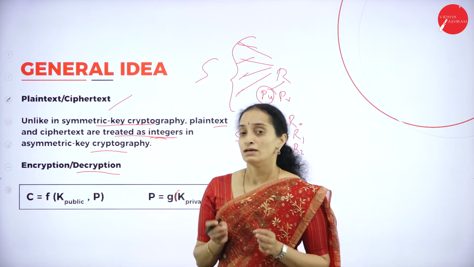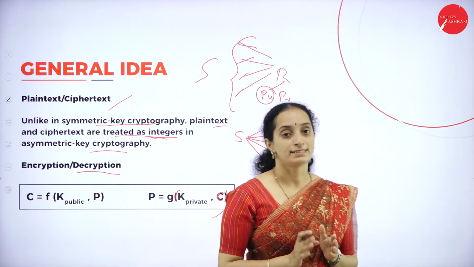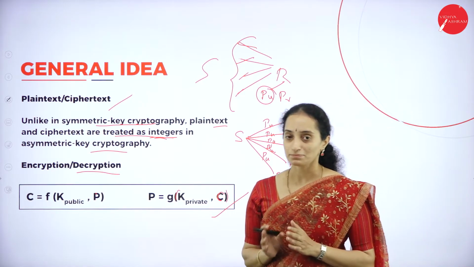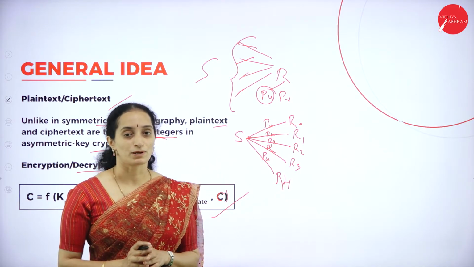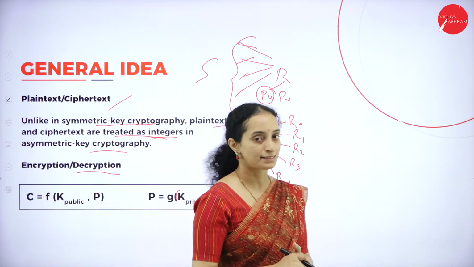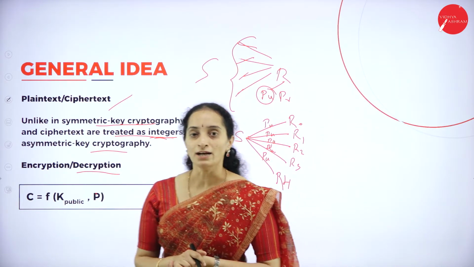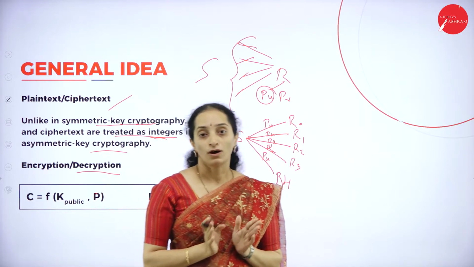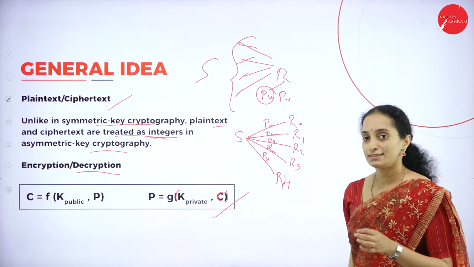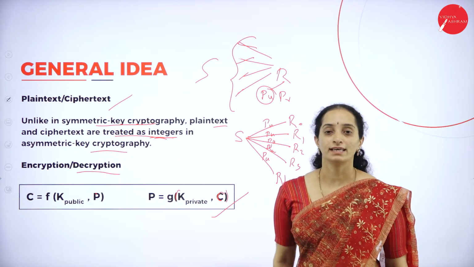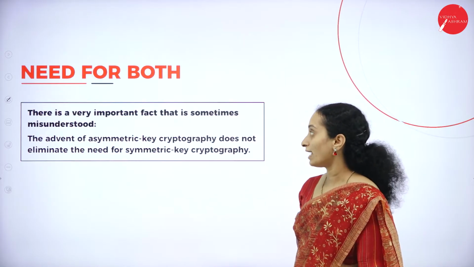So broadcasting will be a little bit difficult, or time consuming, in asymmetric key cryptography, whereas broadcasting will be easier in symmetric key cryptography, because it is the responsibility of the sender. The sender can generate 5 different keys and transmit them to the 5 receivers. So it will not take much time or memory to generate the 5 keys, or n number of keys, in symmetric key cryptography. Okay, this is the general idea.